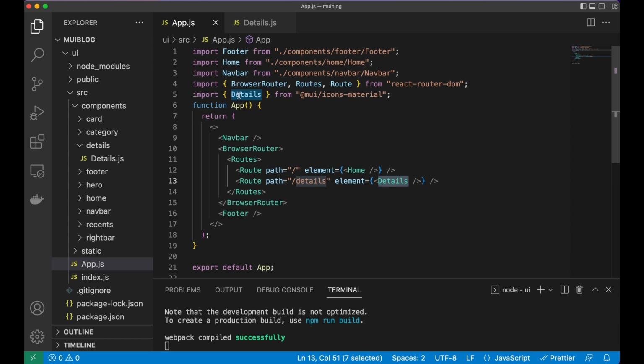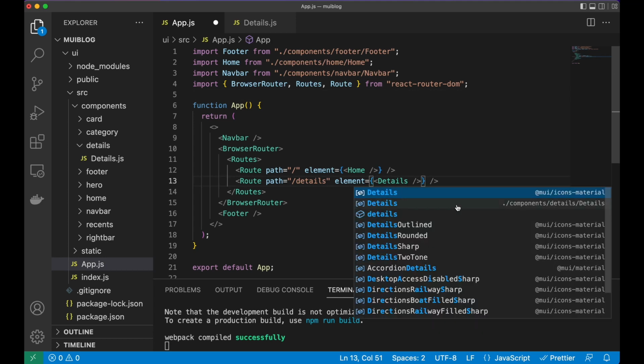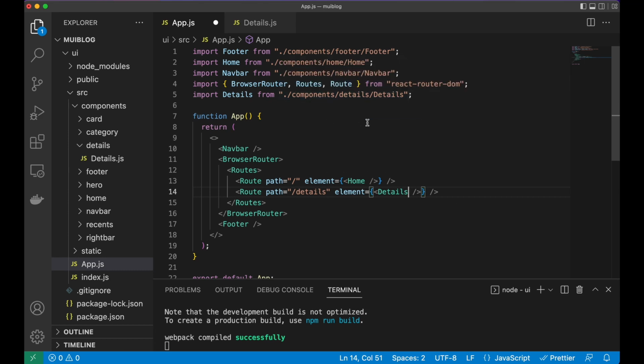And yes, we are importing these details from Material UI icons and not our component, which is of course wrong. So let's remove this one, and let's import these details again, but this time from our components folder and not